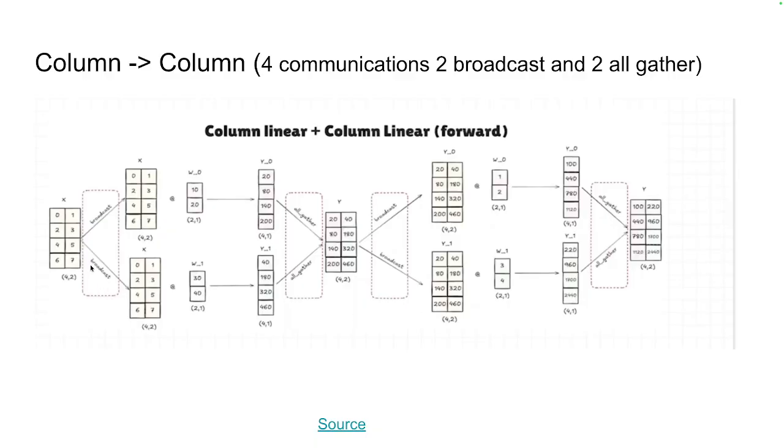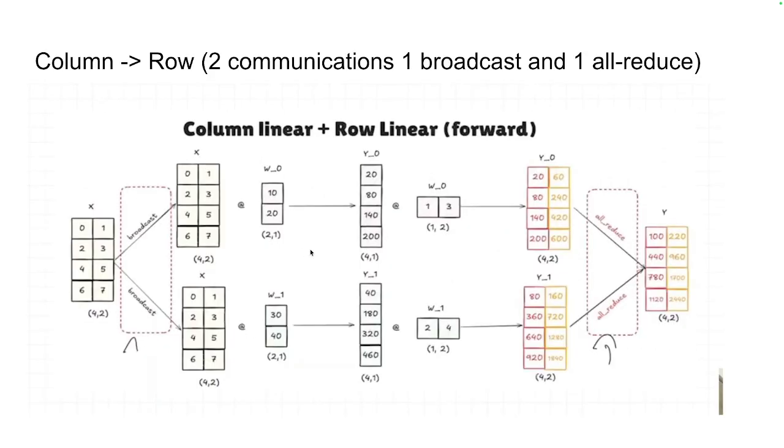So if you see here, there are like 4 communications, and this is because column parallel needs the entire input matrix to be broadcasted to the GPUs. You need to do this all gather. But as we discussed earlier, column linear and row linear, so you take the weight matrix, you broadcast it, and then you do matrix multiplication with this sharded columns, and now you don't need to do any communications here,